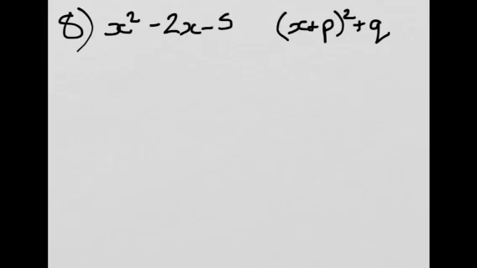In question 8, we're looking to complete the square for x squared minus 2x minus 5, writing it in the form x plus b squared plus q. Now, to get it in this form, our bracket's going to start off x, and we always half the term in front of the x here. Okay, so you take half a minus 2, and whatever that might be goes directly inside your bracket here. Okay, put a wee squared at the top of the bracket, and to get the number outside the bracket, we take whatever number we've got in here, square it,